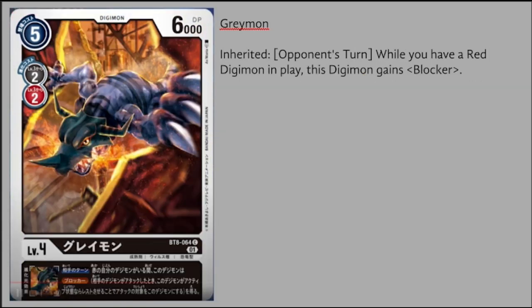But speaking of more red and black support, next we have a new version of Greymon. So this Greymon also has the ability to digivolve off of a red or black rookie, so it's just a really good card to be utilizing for that purpose alone, on top of the fact that it's a Greymon by name, so it interacts with a lot of our Greymon-based strategies. It has some relatively decent stats, where it's a 5 cost that has 6,000 DP and no real downside to running him. And then on top of all of that, he has a nice inheritable ability where during the opponent's turn, if you have a red Digimon in play, then this Digimon gains blocker, doing a very classic black thing,